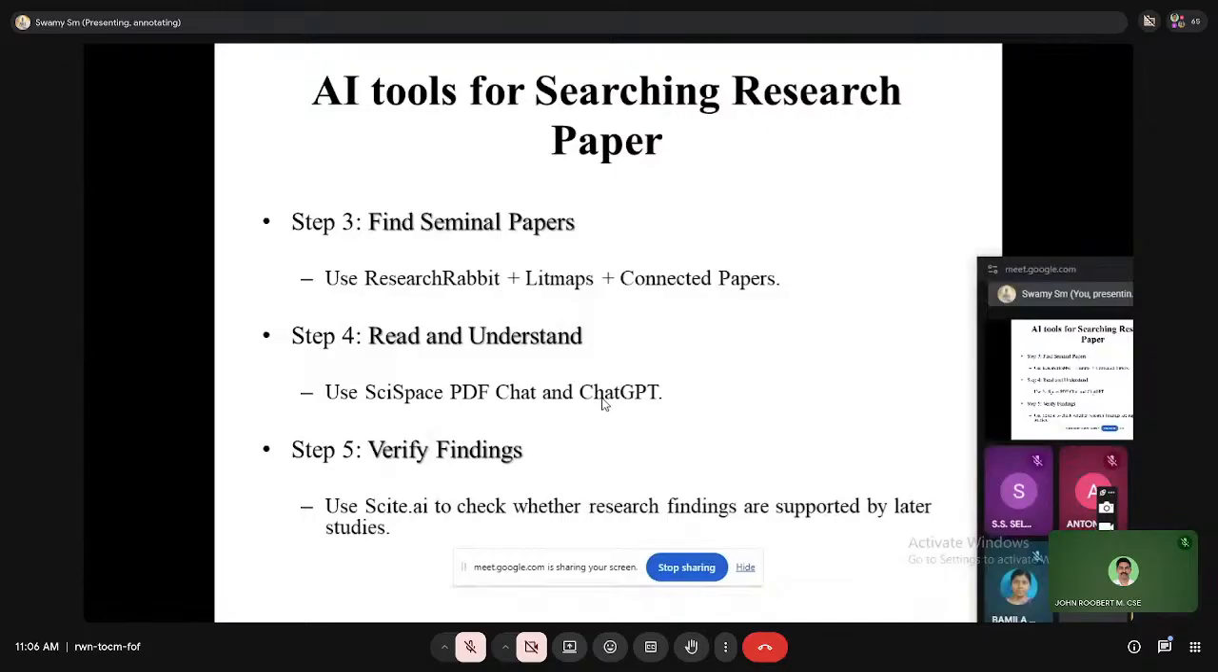And there are also several specific tools like SciSpace. Chat PDF previously was a separate app. Right now it is merged with SciSpace also, so it is mentioned as SciSpace, PDF Chat, and ChatGPT. Then